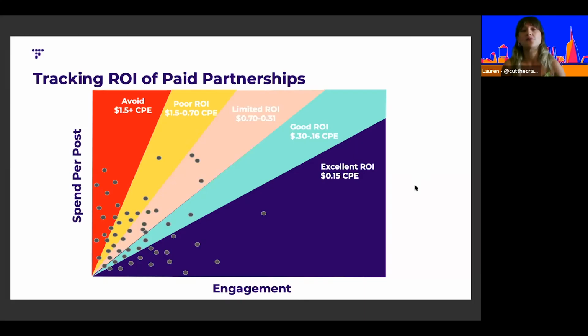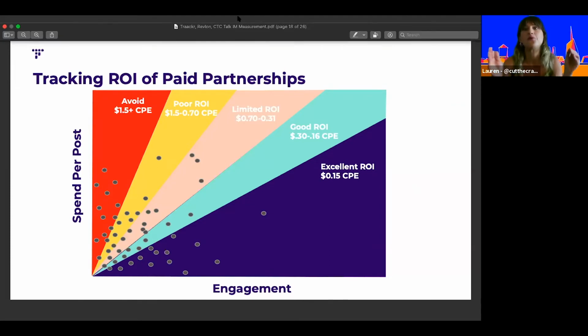Because the nuance in this sphere is that sometimes you're playing for clout. And how do you actually quantify clout? There are going to be strategic moments where you want to justify to management that you do want to bet on this influencer. This is where they're faring against our benchmarks and our KPIs, but there's a strategic reason why you want to have them involved in your program, which could be the fame or the buzz that they're going to generate. So this really helped us contextualize a top and a bottom of what we would pay for a cost per engagement.